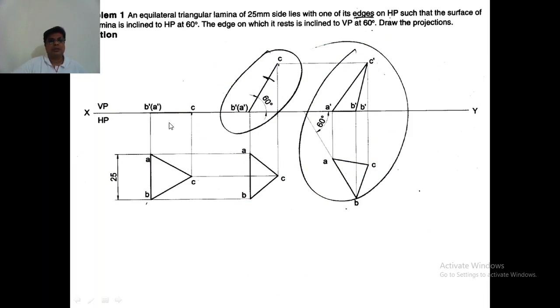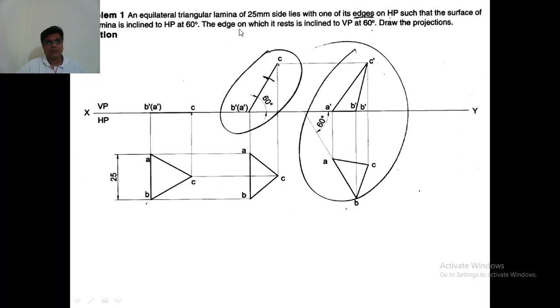I told you in the previous session that a problem statement will be given, and here you will understand some important points. You have to study this particular problem statement clearly. Take some time to understand it, and then start drawing.